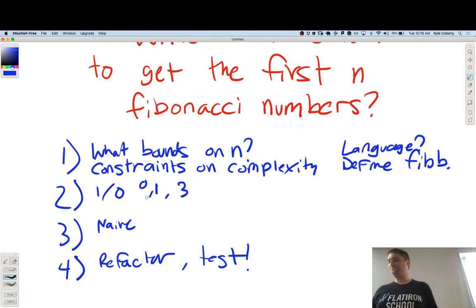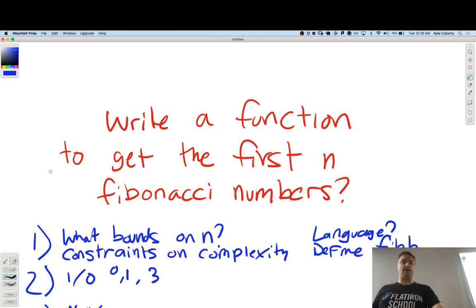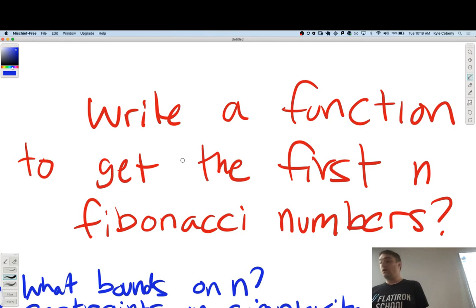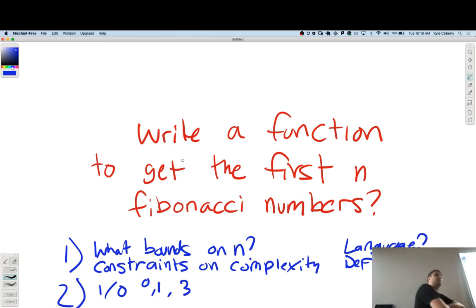Cool, let's get started. Who's going to be my proctor? Who's running this question? I'm running the question. All right, cool. All right, Toby, what are we doing? You will write a function to get the first n Fibonacci numbers. Cool. Any boundaries on n? Can I get a negative number? Is 0 valid? It will not be negative or 0. Okay. All positive integers.